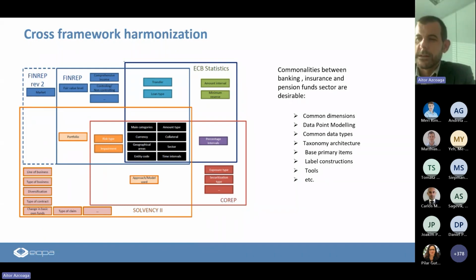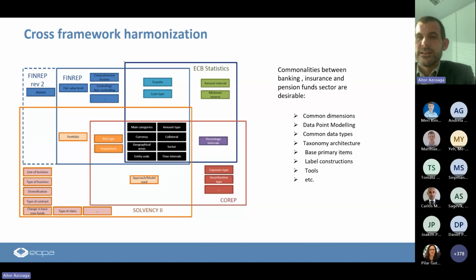I'm recovering a slide here. This slide is very old, I think from 2012 or 13, at the beginning of the DPM. I recall that before we adopted it, we took as much as we could at the time from EBA. And this is, I think, one of the reasons why we are here, because we adopted the same methodology.